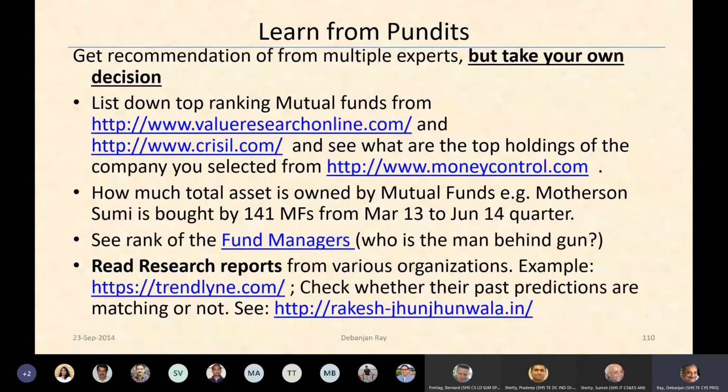One of the important things is that, obviously, the goal of this class is to enable you to know about the stocks, increase your individual capability, and then take your own decision. But before taking that decision, I would recommend that you should know the viewpoint from multiple experts in the market. After you hear from the multiple experts,